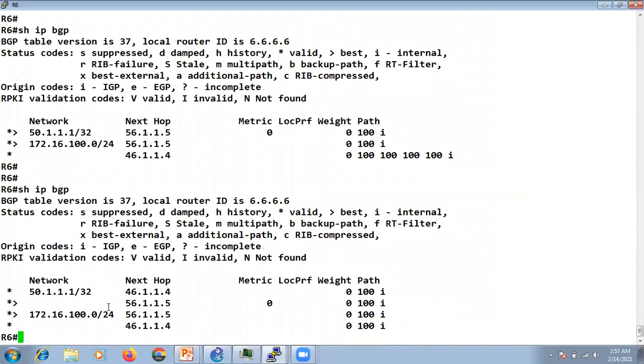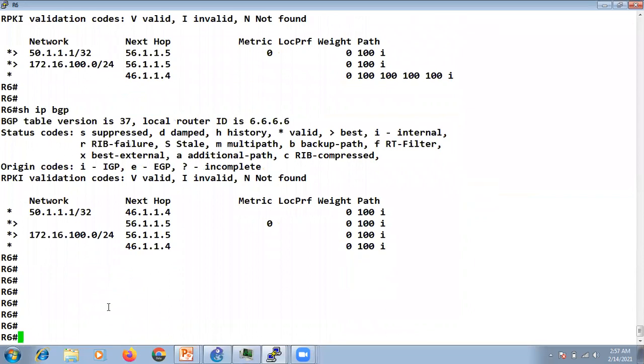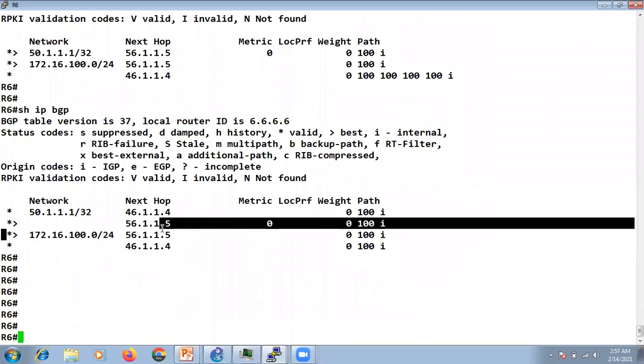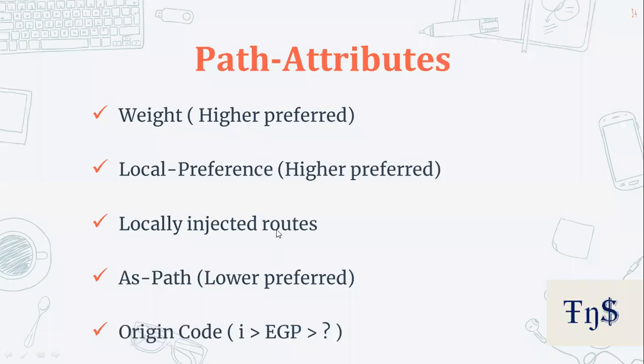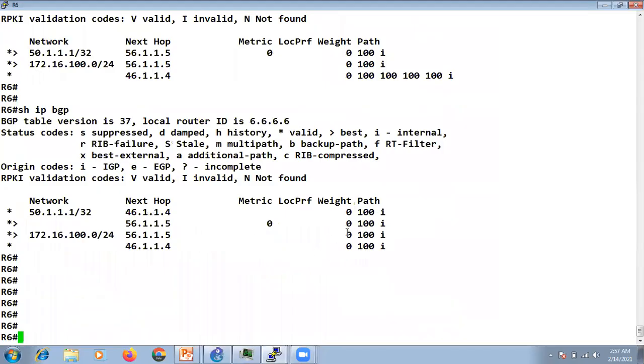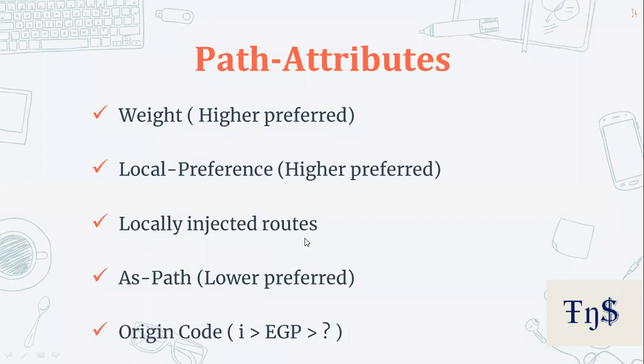Now let's see what's happening here. Now this route I'm receiving from R5 and R4. So if we check the criteria, weight, local preference: weight for both is the same, right? 0, 0. Local preference is also, when it is empty, it is 100, right? It is also tied. Locally injected route, these are not locally injected routes, right?